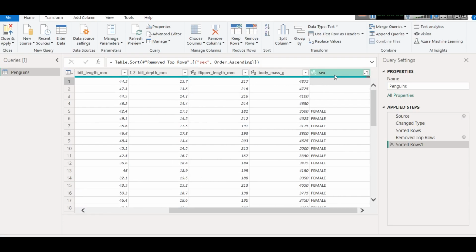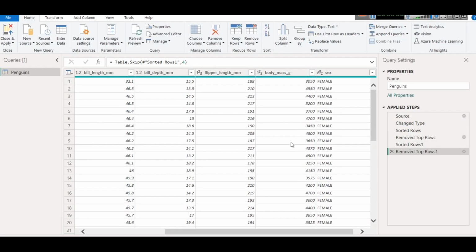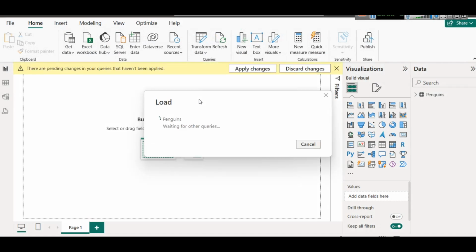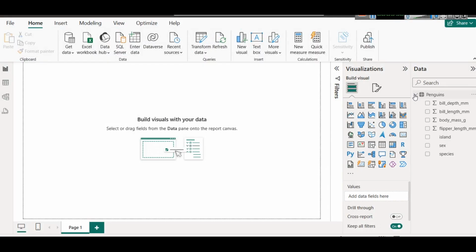Again, we can now remove rows, remove top rows. I'm just giving a simple trick. Click OK. And now whatever data you are left with is all clean data, without missing values. And now you have the data. And if you want to create a visual, you can. For example, if I double click anywhere,